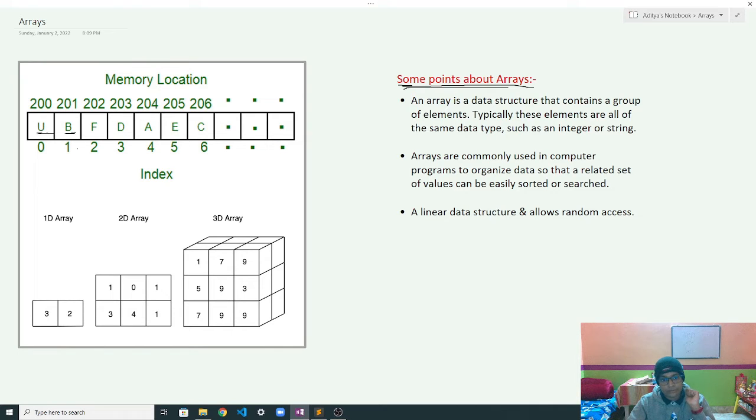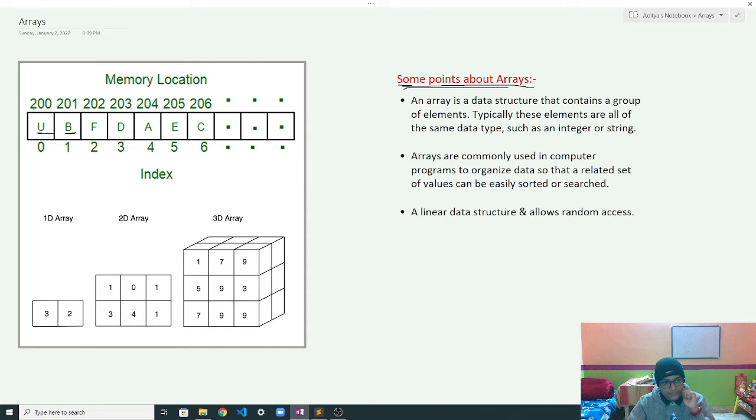Okay, so in an array there is a specific index. As you can see, this is the 0th element, which is the first element. This is how we get access to the elements in an array, and it is stored in contiguous memory allocations.